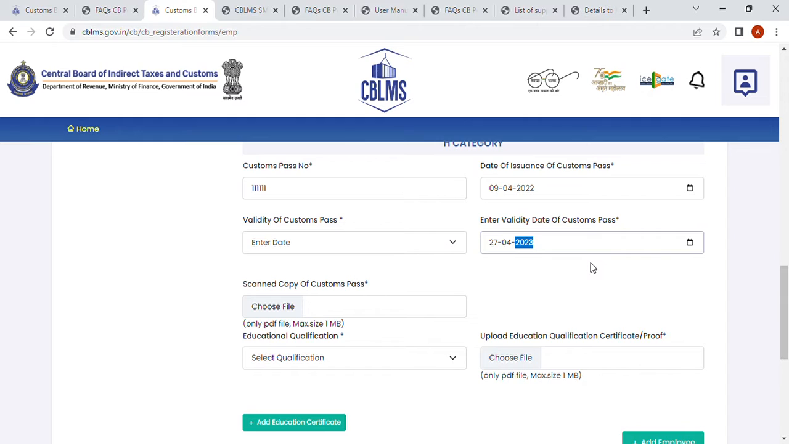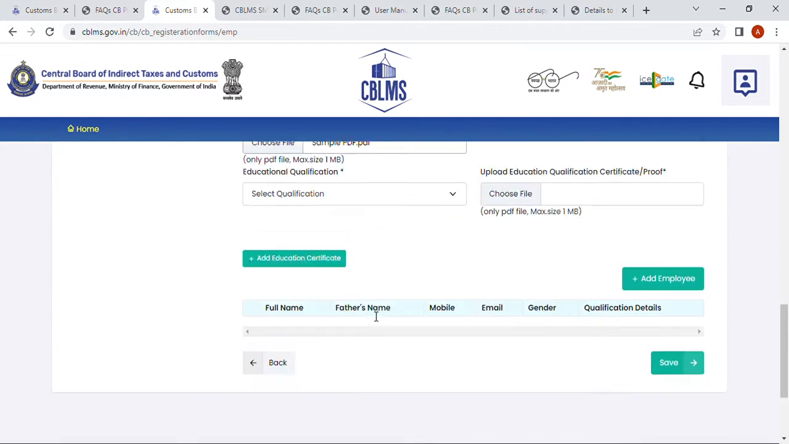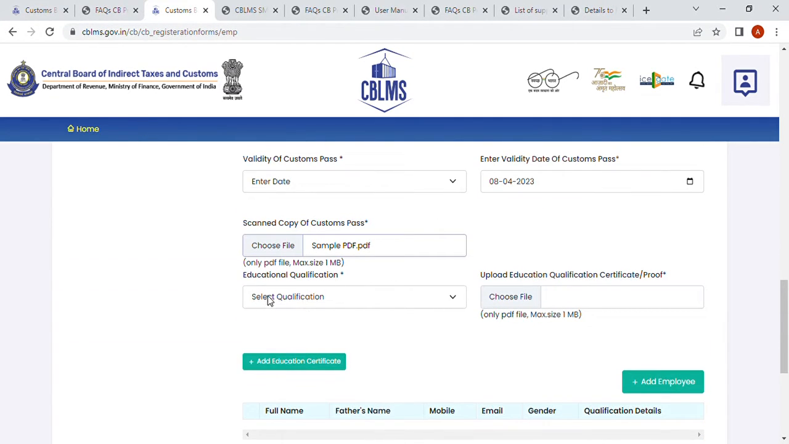9th of April, I would say 8th of April. I give 1 year validity. It expires. I have to upload the scanned copy of the custom pass of this first employee. I upload that again. I repeat, in the educational qualification, please